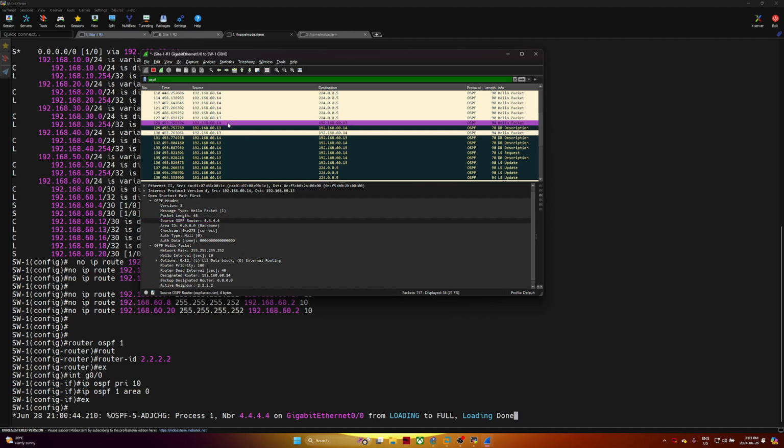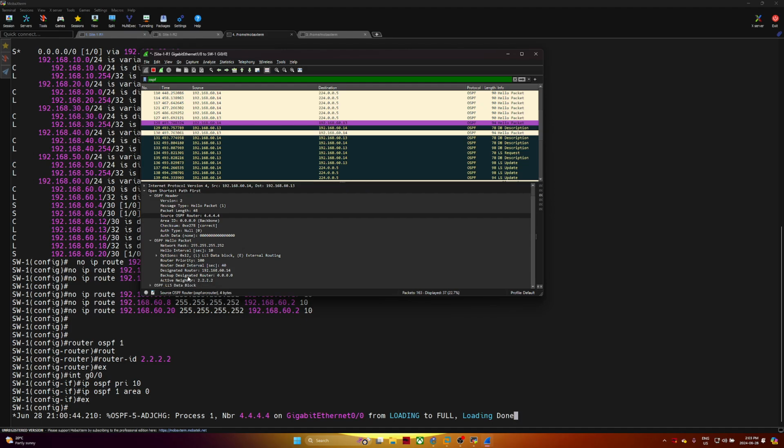And this time R1 replies, as you can see, the source is R1, the destination is SW1, and it replies to SW1 saying, hey, how are you doing? This is me. This is who I am right here. So it lists itself as the designated router 60.14,